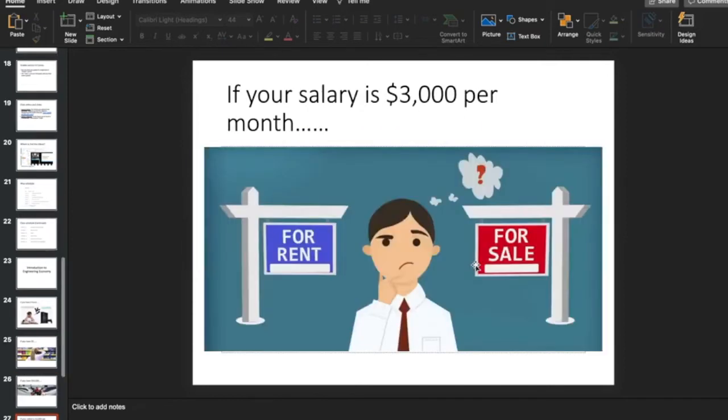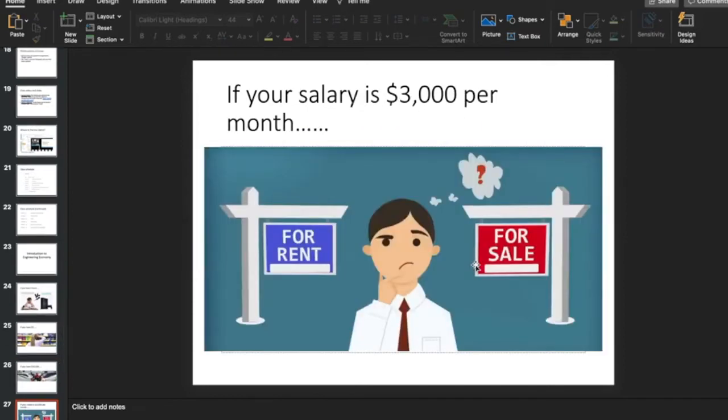Okay. Another example is if your salary per month is 3,000, and then you want to have a place to live. Okay, when you go to work, do you rent a house or do you buy a house? That's a very common choice to make when you go to work at a new place. So to make this decision, you're gonna consider much more complicated factors,